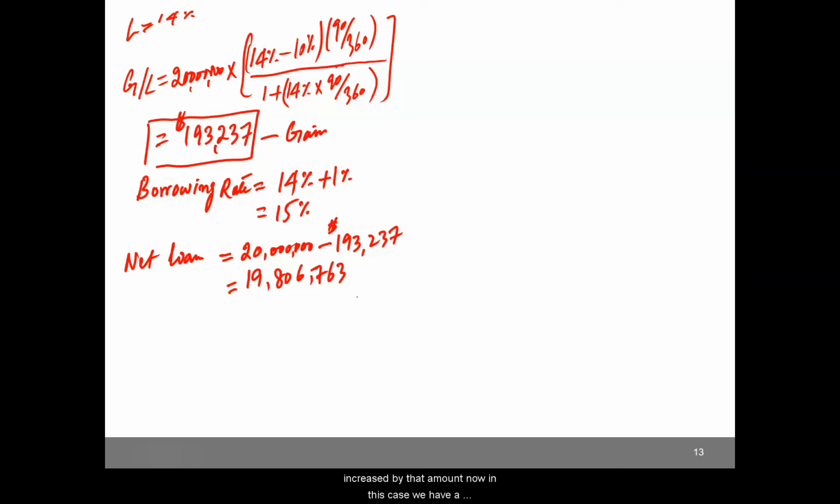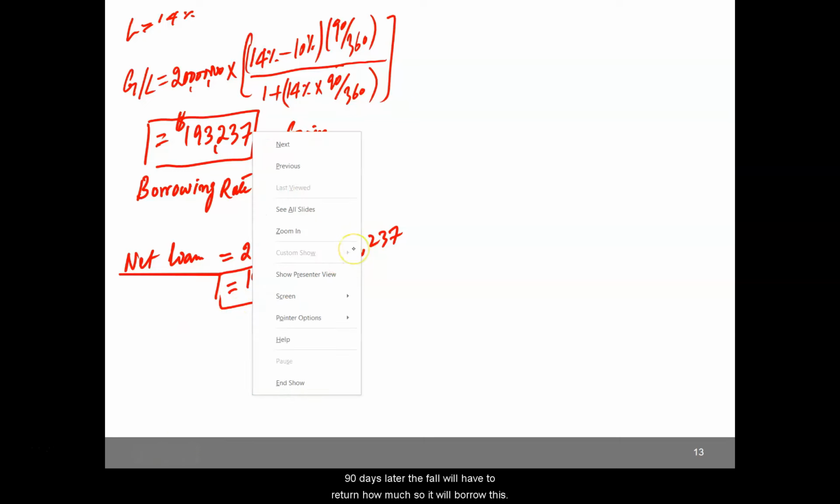Now in this case we have a gain, so we see that the loan amount is reduced by the amount of gain on the FRA. So this is the amount that the firm would be borrowing, not the 20 million. So 90 days later, the firm will have to return how much? So it will borrow this